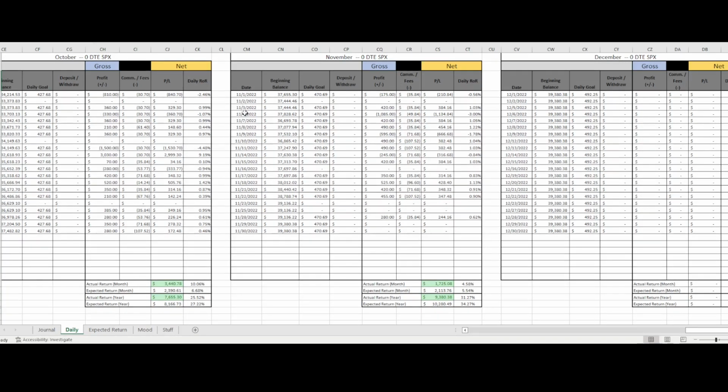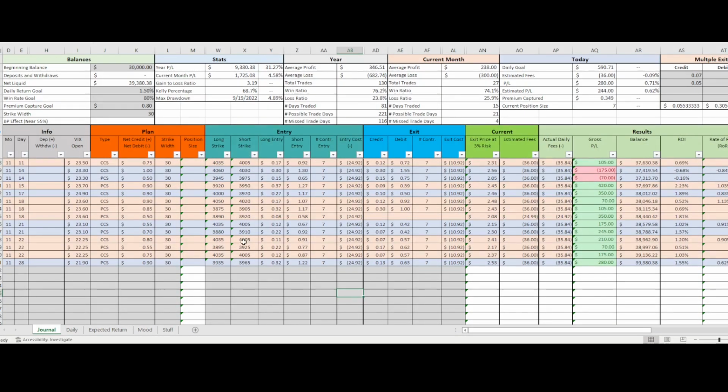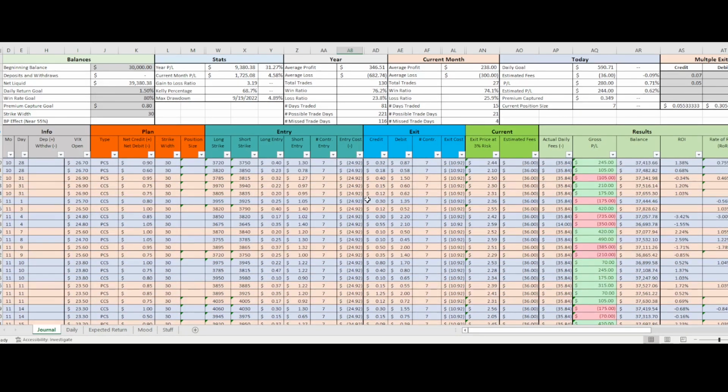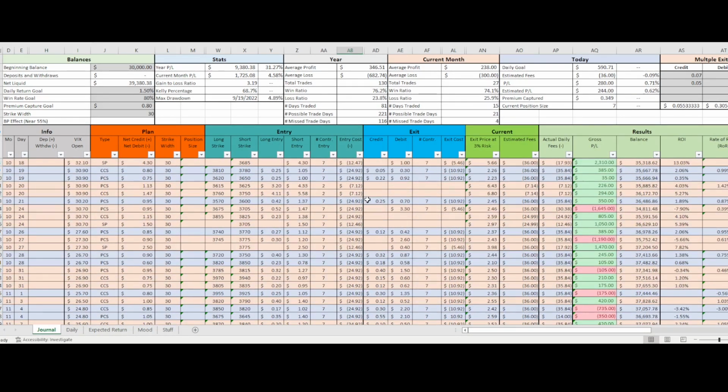So we're a little bit behind for the month of November, but again, I'm still quite happy with our overall annual return of 100%. And here we have our actual journal entries, which, as you can see, it's been a rough second half of the year, but we've been able to stay profitable despite the choppy news, which has been so troublesome to traders this year.